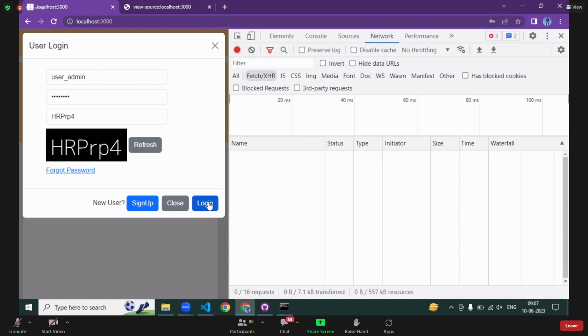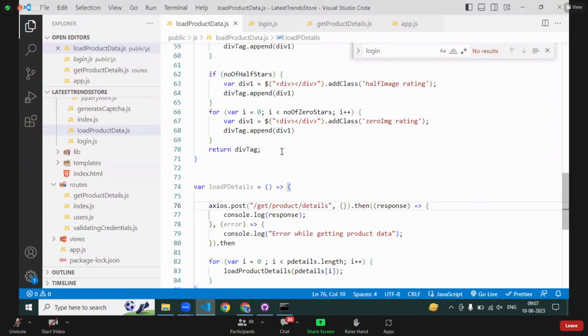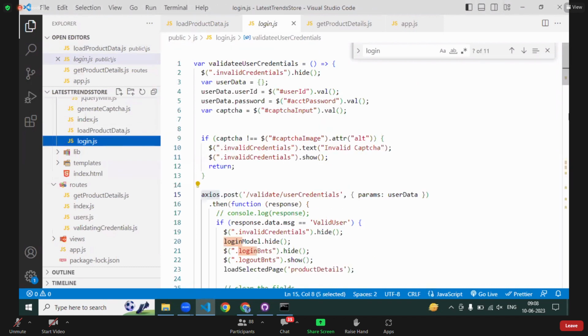When I go with this login, why is nothing happening? When I say refresh, I say dbmkfd. I go for login. Nothing is happening. Why so? Oh, man. I say login pay details. I press working. I say login.js,